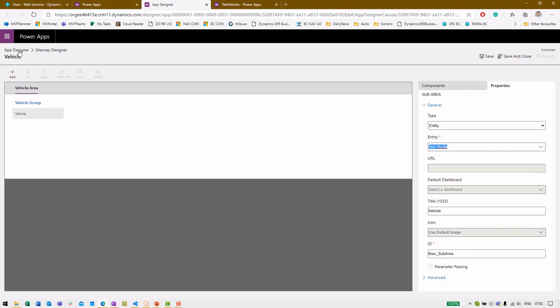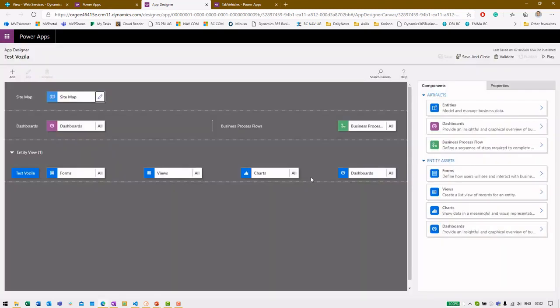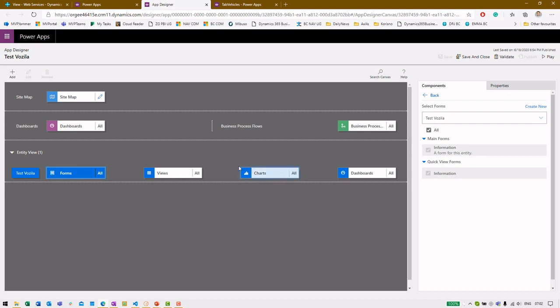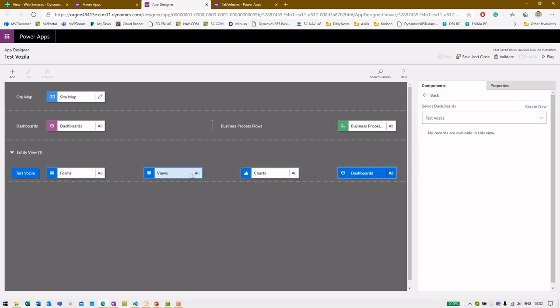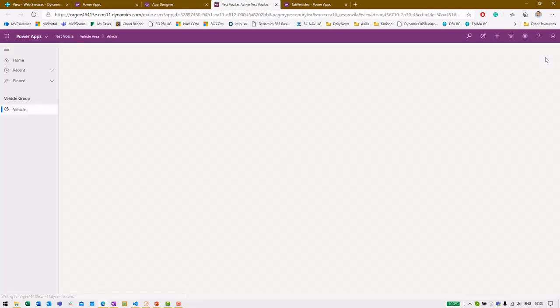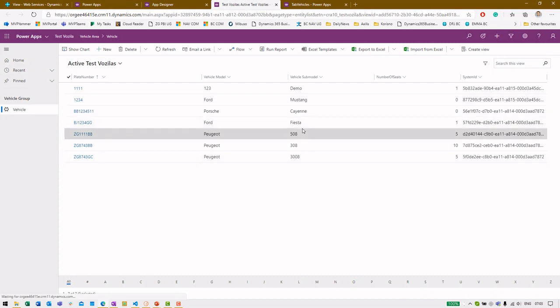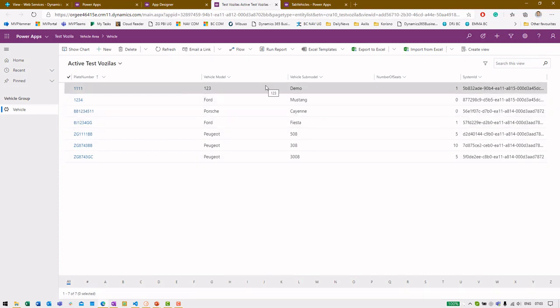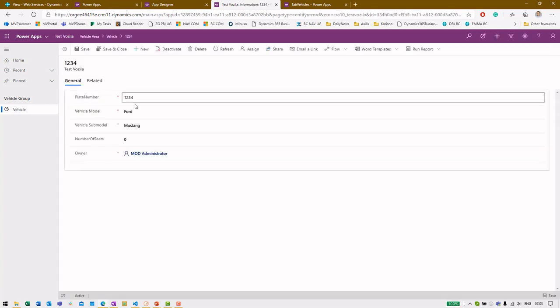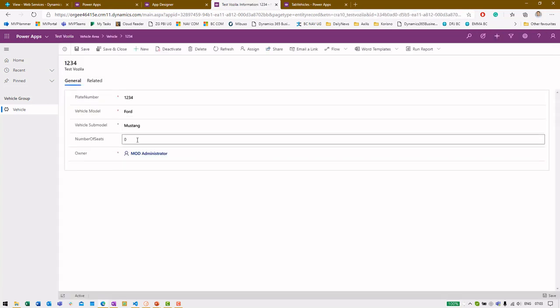Okay, and I return back to my designer. I can define the forms for my application, views, charts, and so on. But what is important is that I can now play this application and see all my data inside the Power App model-driven application. Now I can, for example, click here and edit this information, or for example change, let's say, this will be 10 seats,